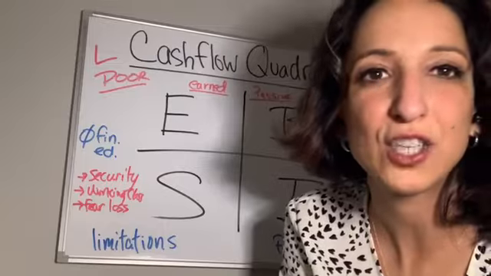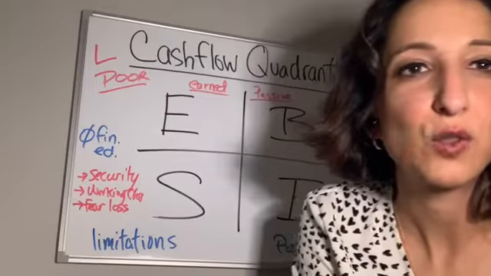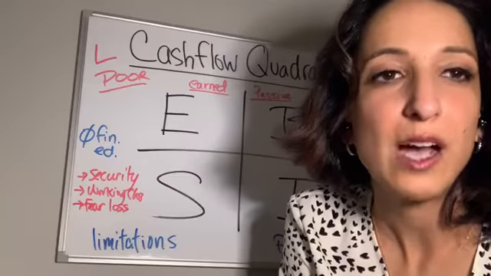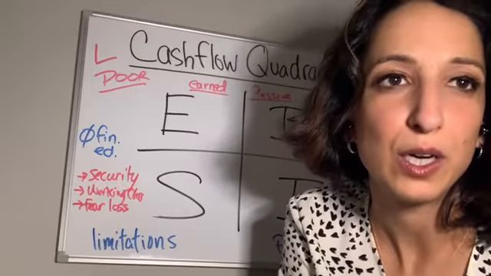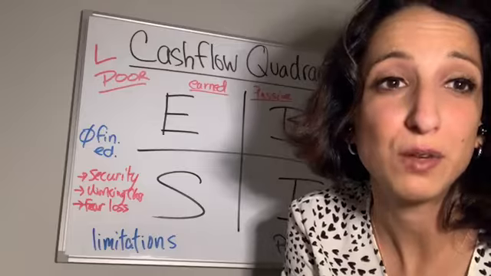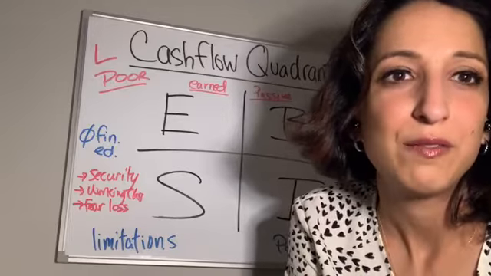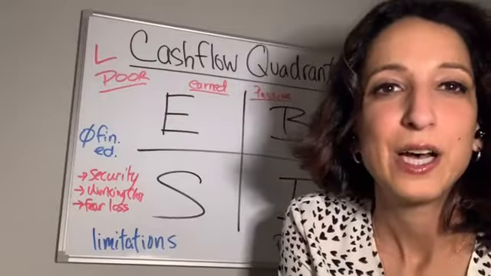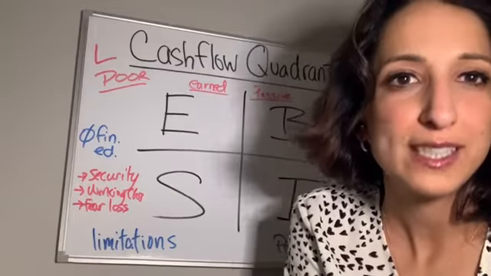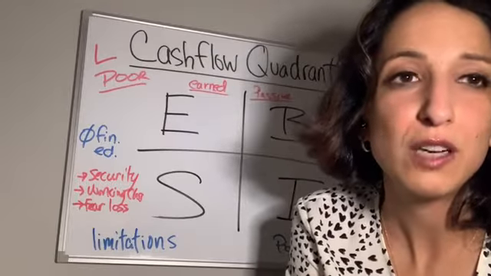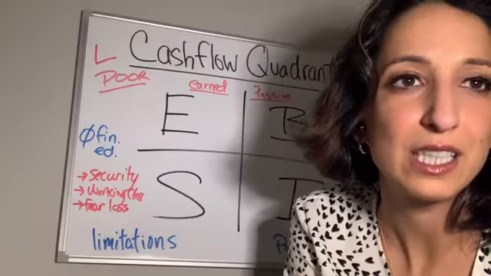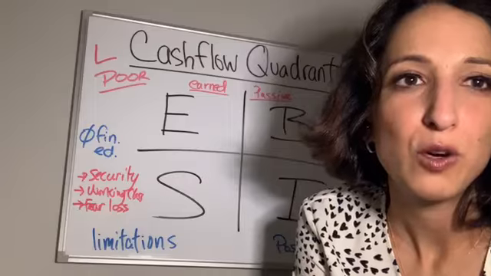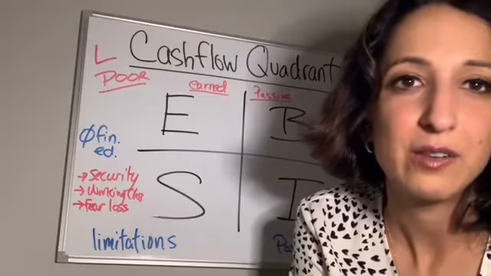But I'm about to get started here on the cash flow quadrant and we're going to get into it. So I've decided to break this up in two parts, just because there's a lot of information in the book. So okay, awesome, perfect. Thank you, Candace. And yeah, so it's going to be a two-part series. There's going to be a lot of information that's in the book that I'm not necessarily going to go over just because there's a lot in there. So if you're looking to get more information, definitely read the book or reach out, and I'd be happy to